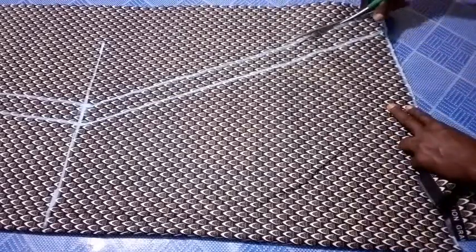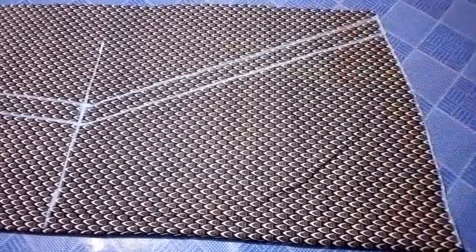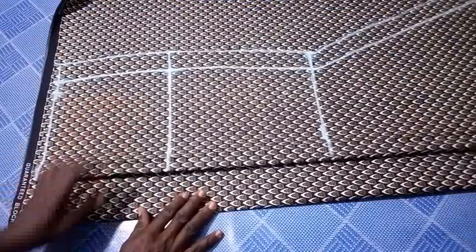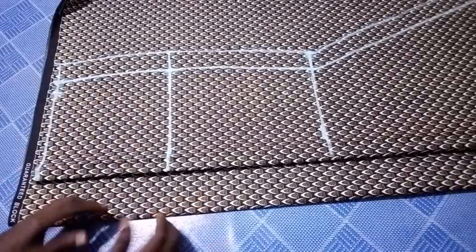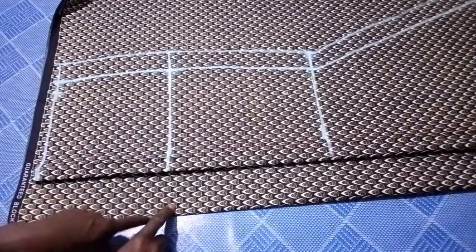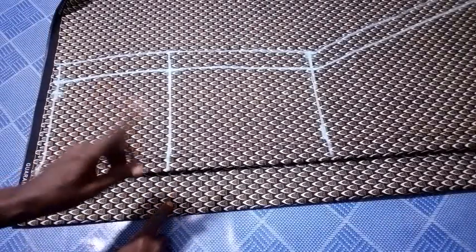So you can see where I'm cutting from, not on this line but on this line. Okay, now as you can see here, I've placed the front piece on the fabric to cut out my back piece. Now here is the space. This space is serving two purposes. One is the zipper allowance because it's going to have a zipper, and also the bump allowance, which I subtracted from the front